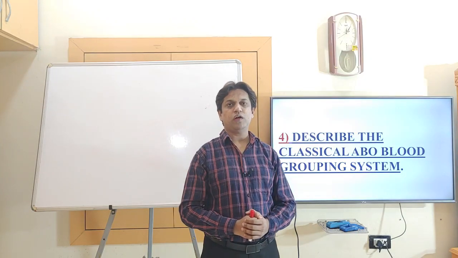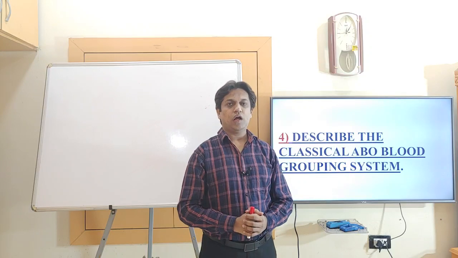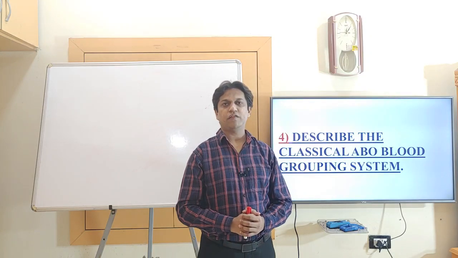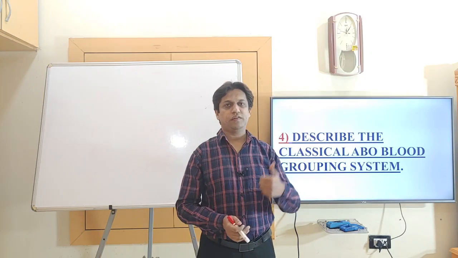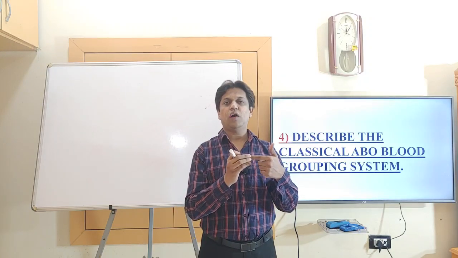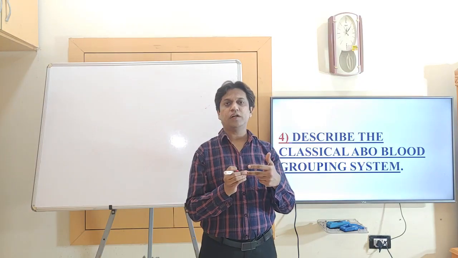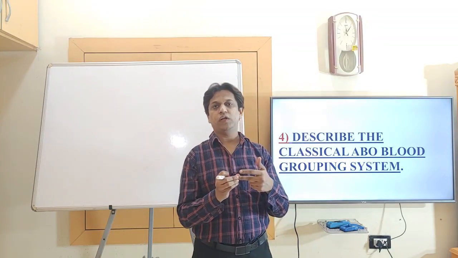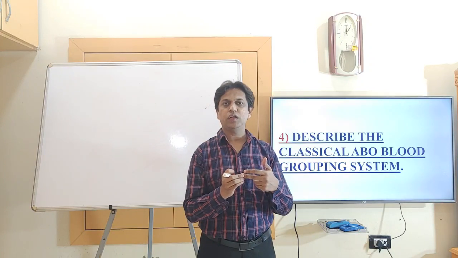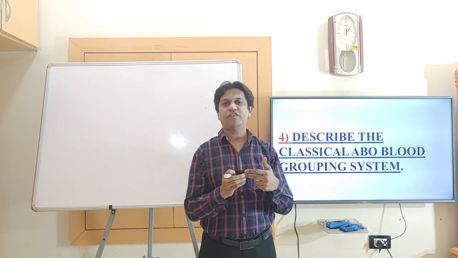So in part 1, that was the initial introductory video, under the topic of the blood groups, we discussed three important objectives. First, the history of the blood groups. Secondly, the classification of the blood groups into major, minor and familial blood groups. And in the third objective, we discussed what an agglutinin is, what an agglutinogen is, what an agglutination reaction is, and about Landsteiner's law.